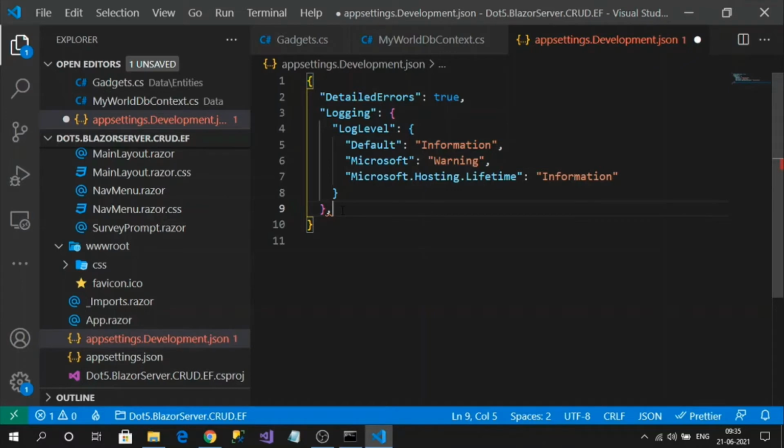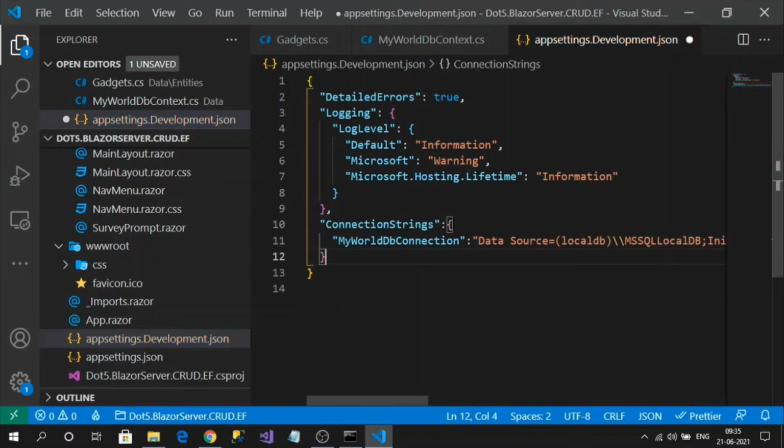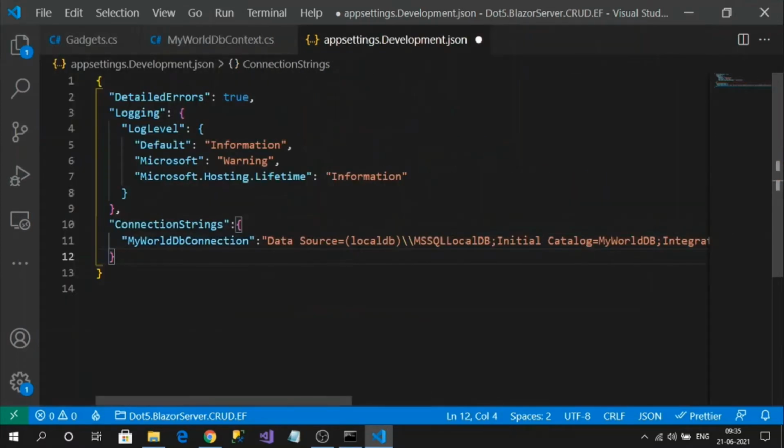For development, it is okay to add it in the JSON file. Like this, we must add it. ConnectionStrings is a JSON property known by the .NET Core framework itself, and my DbContext name is my custom name. You can give any custom name, and there you assign your connection string value.